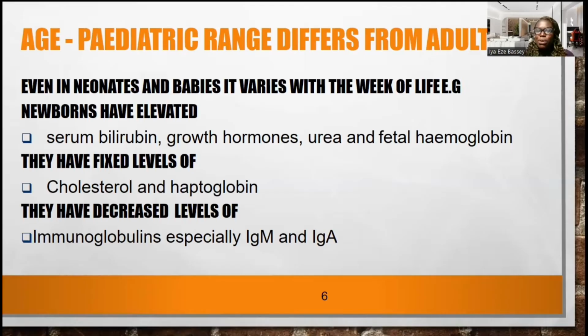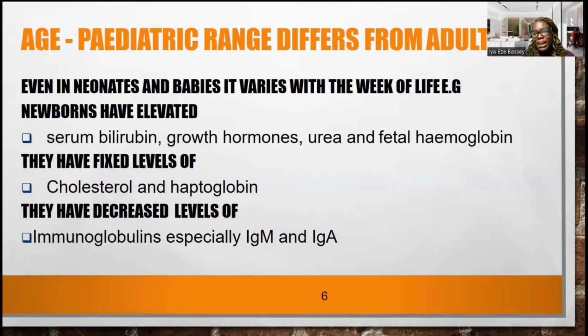All right. Growth hormones increase with life. Okay. Urea levels are also different. Fetal hemoglobin disappears with time to give rise to the adult type of hemoglobin. So you find out that children will have fixed levels of markers like cholesterol and haptoglobin. And if you compare them maybe with older persons, their cholesterol levels are quite lower compared to that of older persons, and they have decreased levels of immunoglobulin,